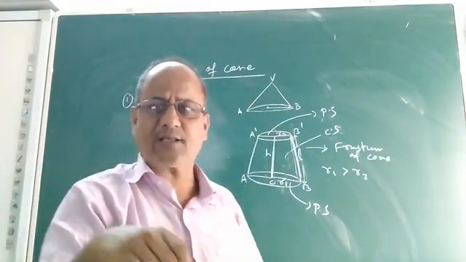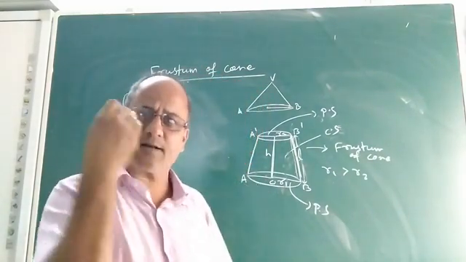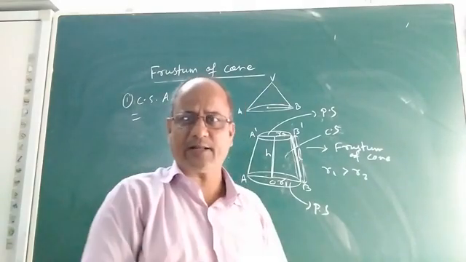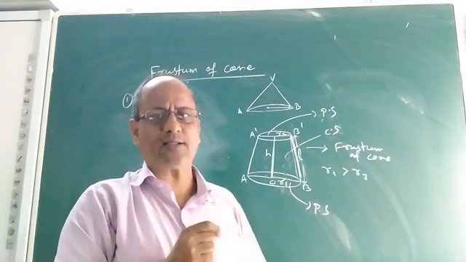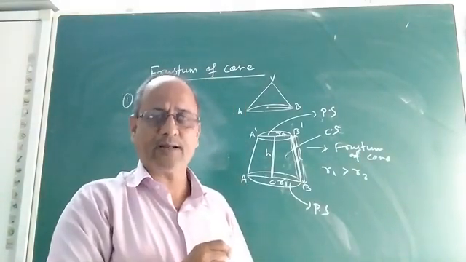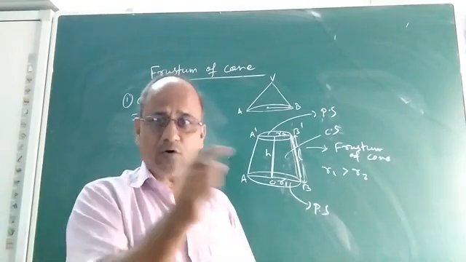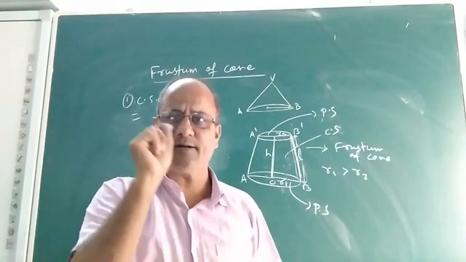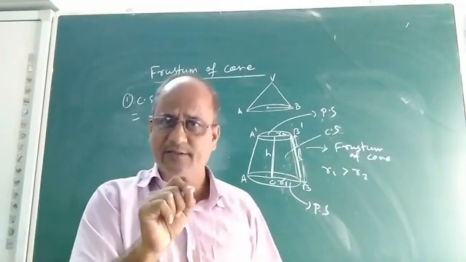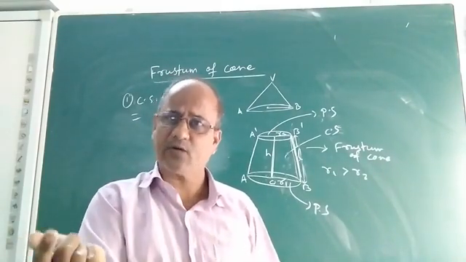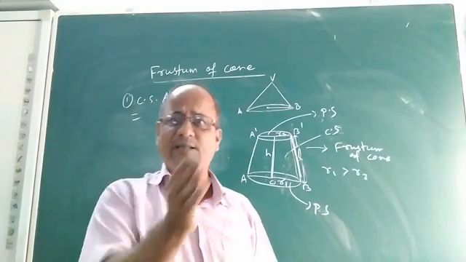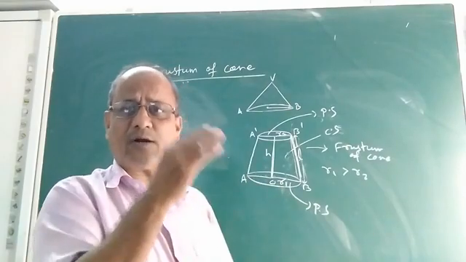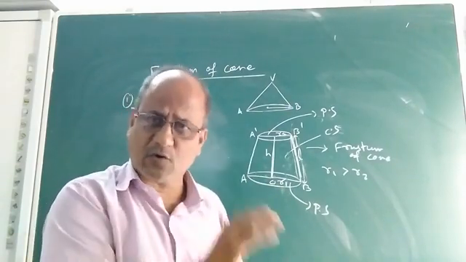How to find it? Actually, it has a proof. We will discuss the proof later. Let us at present remember the formula. What is the technique I am going to tell you? Children, you know what is the curved surface area of a cone, not a frustum of cone? It is pi into r into L, where r is the radius of the base and L is the slant height. Pi r L is the formula to find the curved surface area of a cone.